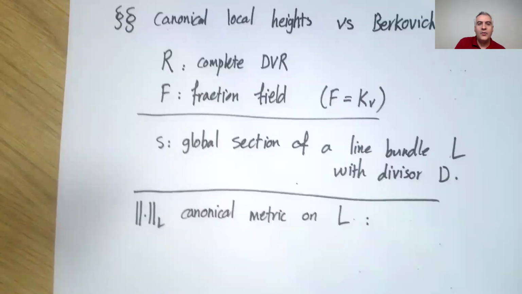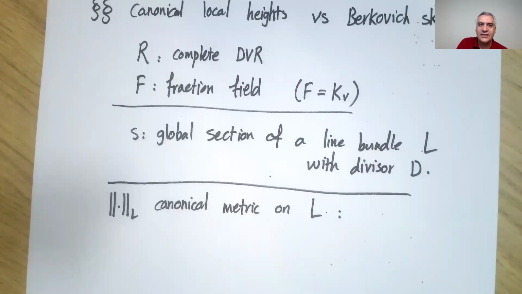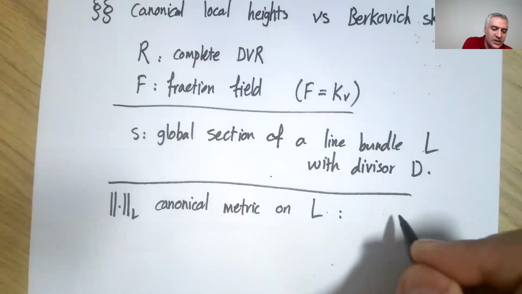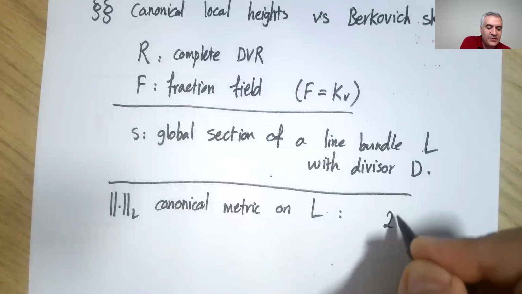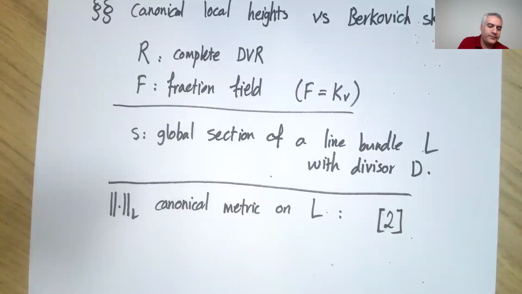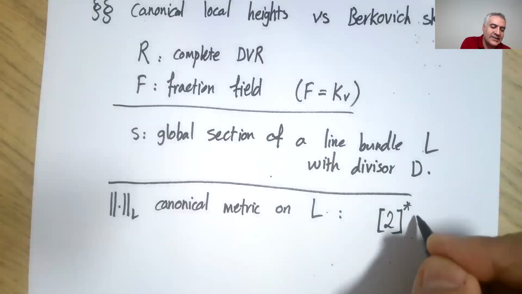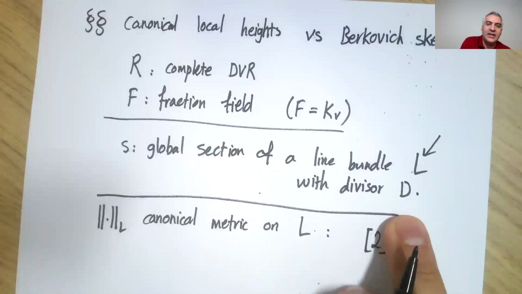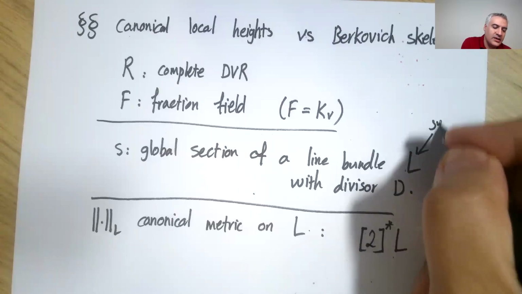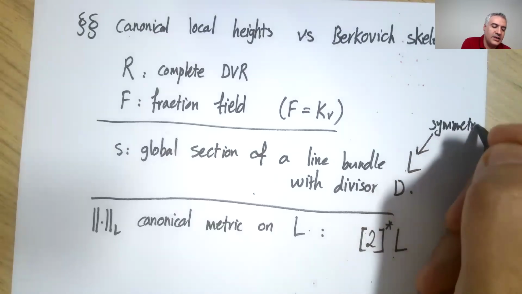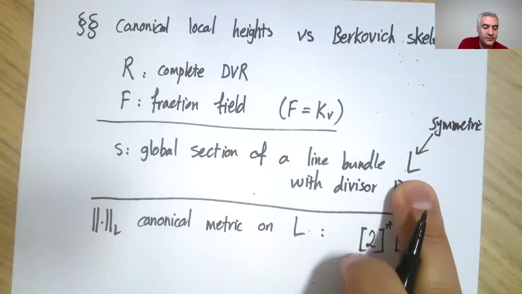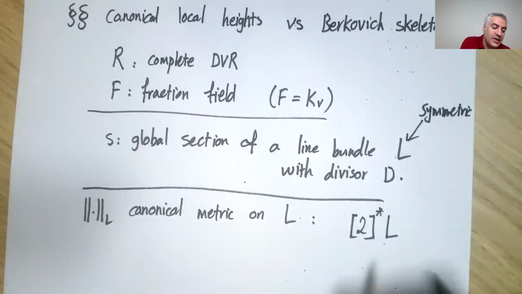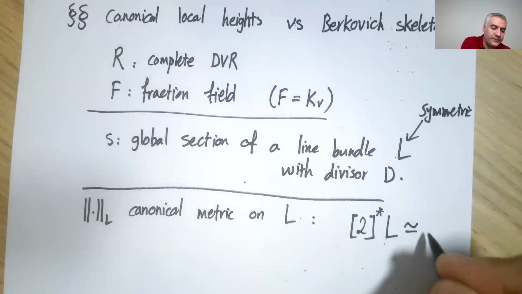I'm going to give an axiomatic definition of this. What is this canonical metric? You have this multiplication by n for any n, on an abelian variety. Let's pick n equal to 2, multiplication by 2. Remember at the beginning I said D is symmetric. My line bundle is going to be symmetric, meaning the pullback by -1 gives you an isomorphic line bundle. Pulling back a line bundle with respect to multiplication by 2 is going to give you